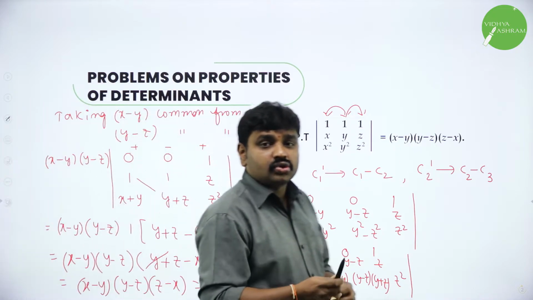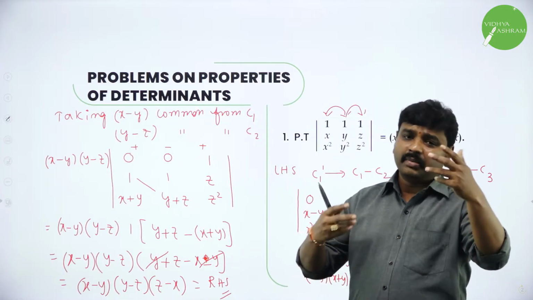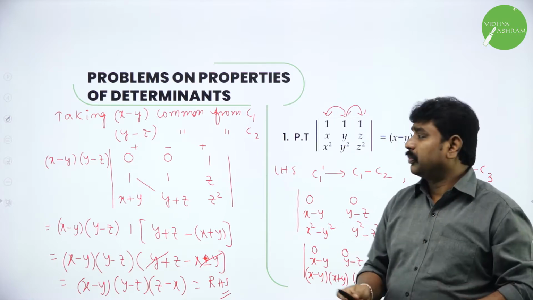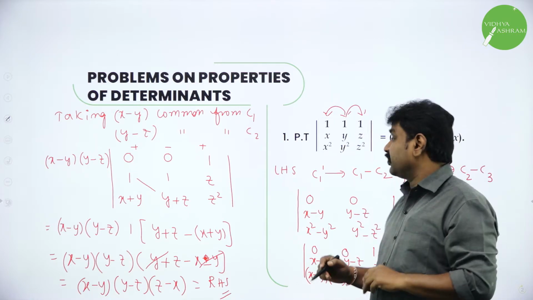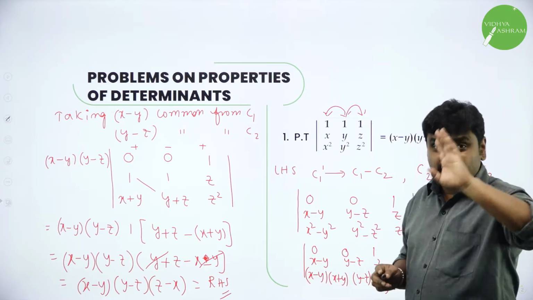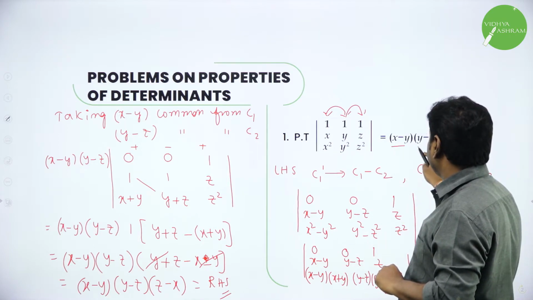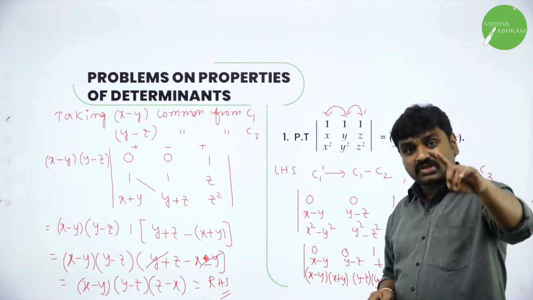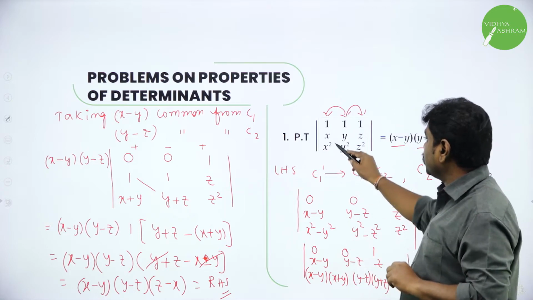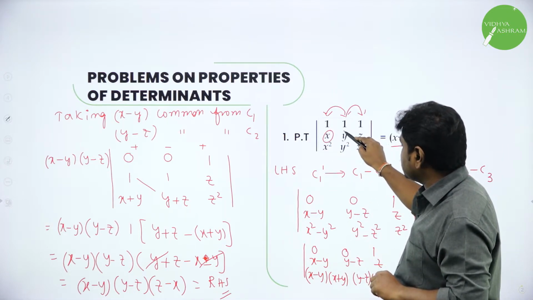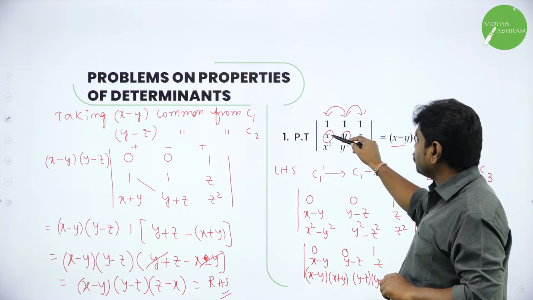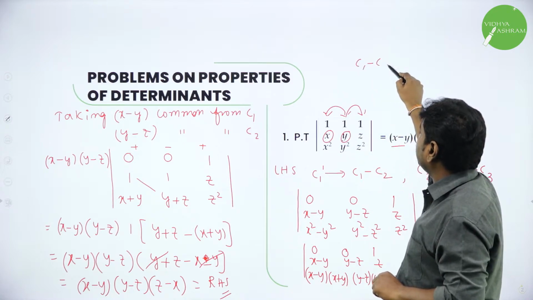Very interesting. So, properties of determinants you should use. Normal usual expansion means anybody can expand, but here in order to use the properties, first we have to depend on RHS. When you observe RHS, they want x minus y, y minus z, z minus x. I observed x is in the first column, y is in the second column. So, I will perform x minus y, that is C1 minus C2.